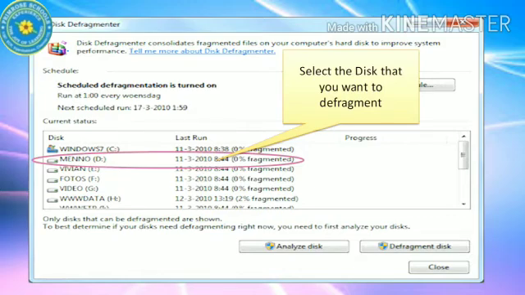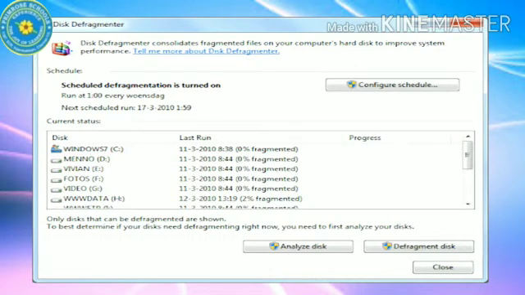Once you have selected the disk, you can look at a button at the bottom of the screen called the defragment disk button. You can select that button and the disk will be defragmented. With this, our second chapter is complete. And with this, I'm going to close my session.